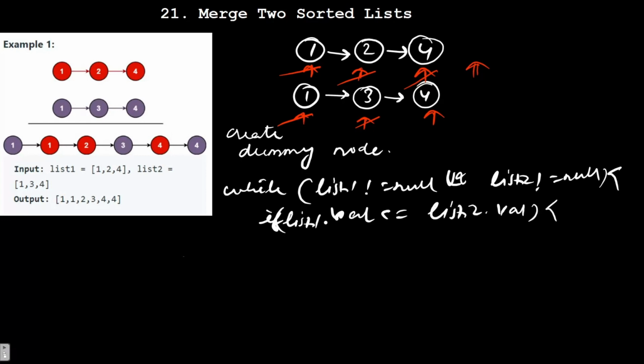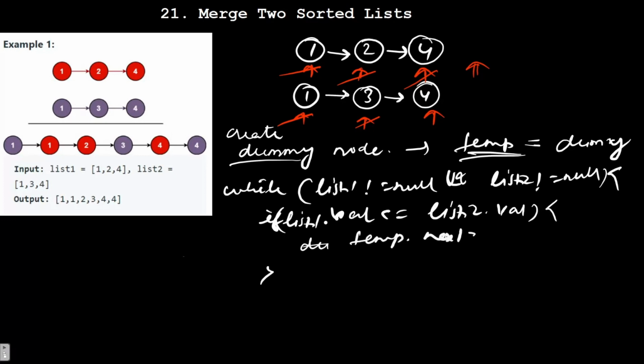In this case, we will be appending this dummy. Okay, as we have to return result, we have to store the dummy node in some other node so that we can return the head of this dummy node. So for that, we will be using a temp node and we'll be storing dummy here. Okay, so we'll be doing all the work in this temp node and then we'll be returning dummy node next. Okay, so we have to do temp dot next equal to list1,